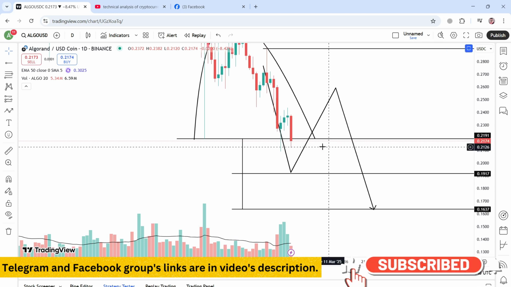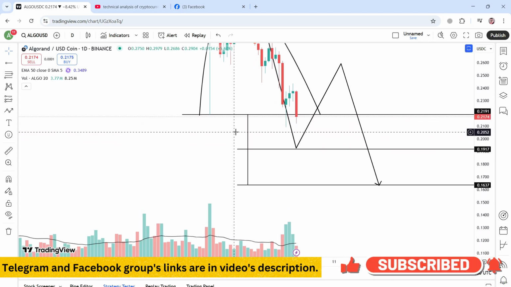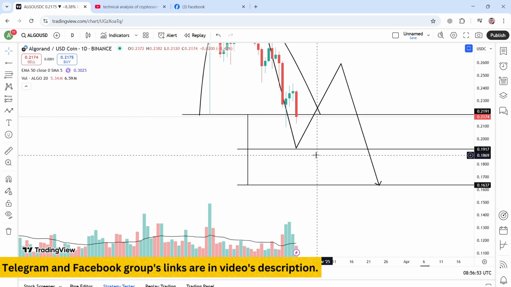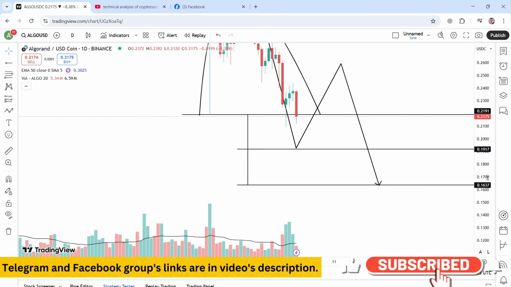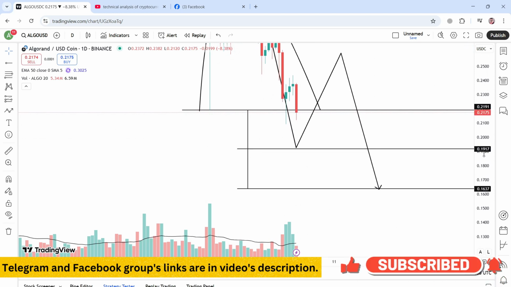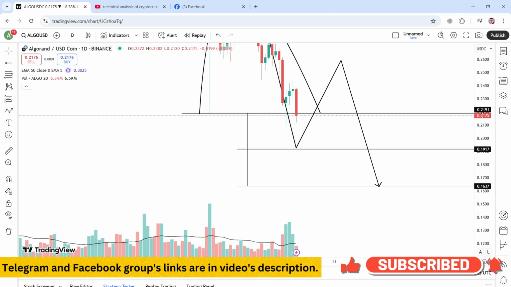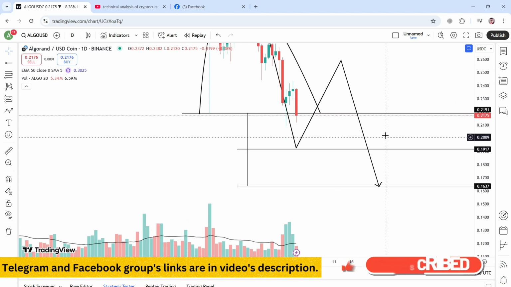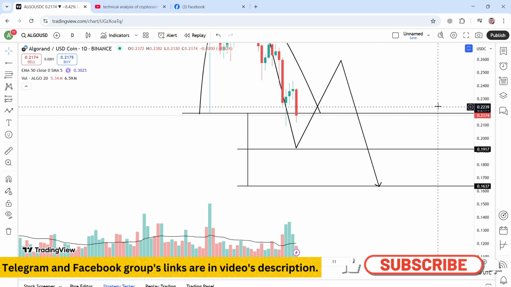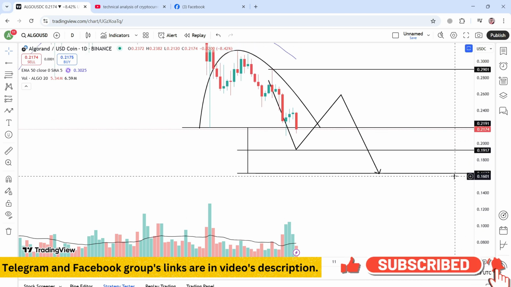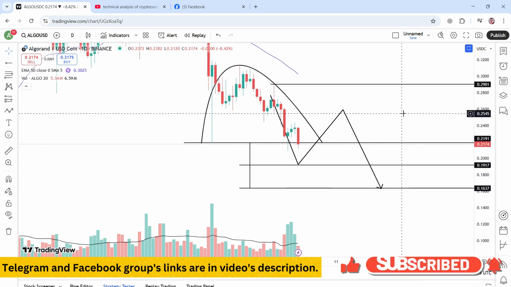0.2191 in upcoming days, or even in this candle, it will expose levels on downside, and its prices will fall on downside, where its first target will be at 0.1917, and its final target will be at 0.1637 on downside when it will give closing below 0.2191. So you can go for selling or short selling into this coin at this new breakdown level as well. So as this coin is moving in its downtrend, I will not recommend you guys to go for buying into this coin until it is confirmed that this coin has started its uptrend. We will get initial confirmation that this coin has started its uptrend when it will give closing above